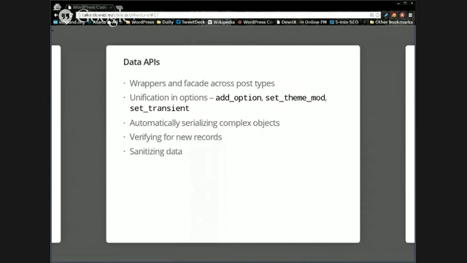Another thing for data APIs. So we have wrappers and facades. These are all design patterns. All of them are wrapped across post types. So the concept just provides different layers to easily create post types, get data from there, get post meta, and